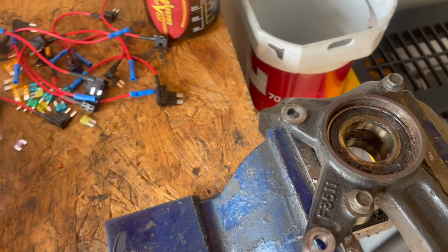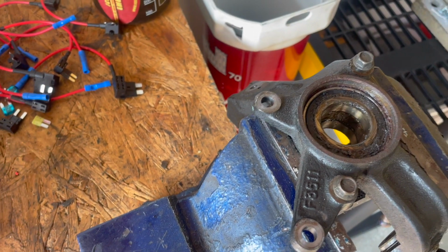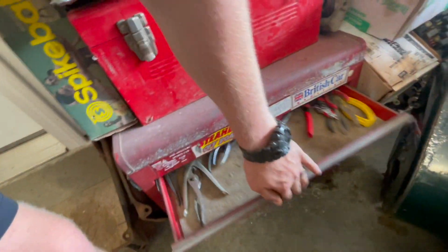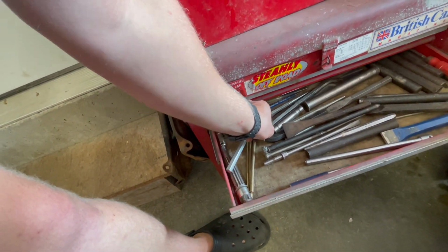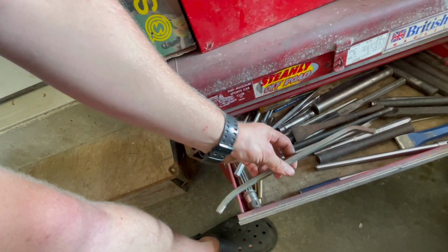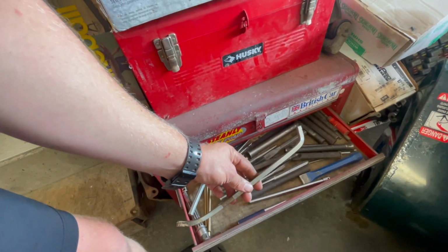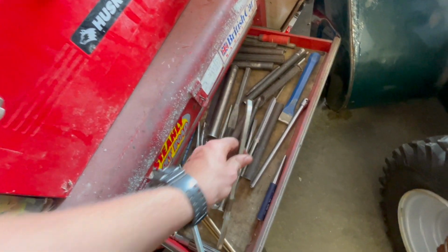So what do I use? I usually start it off with a piece of square stock, which looks, this garage is a mess right now, looks a lot like this. I have another better one that's in the other toolbox over there. But straight piece of square stock, you can kind of jam it in there and push it